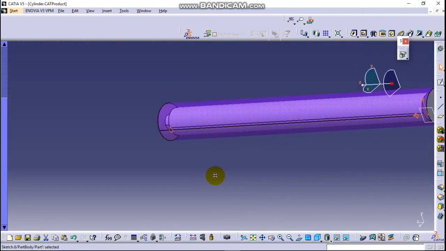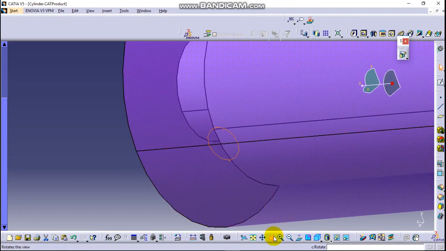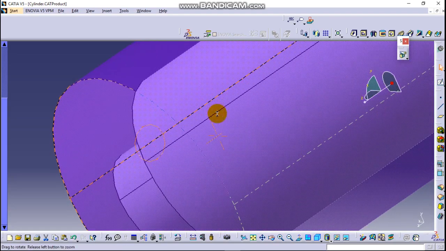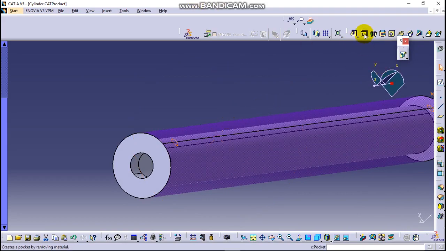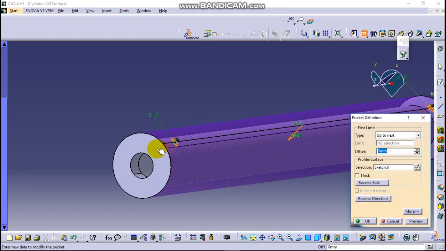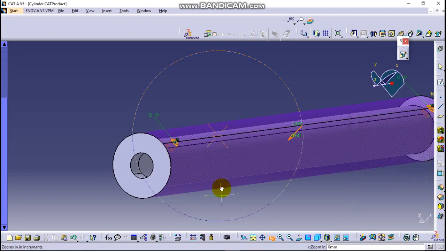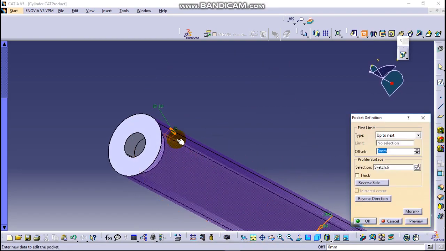Exit. As you can see here, there is a circle. Interesting. Now let's pocket it. As you can see here, the pocket has been done in this direction. Here the first limit type should be up to next. That means it's up to the bore part, and the offset is 0. Okay, yeah,